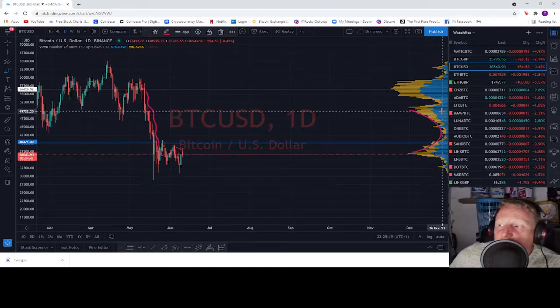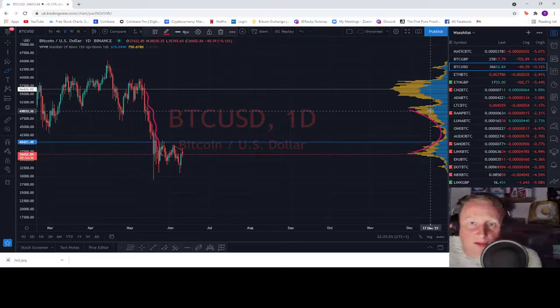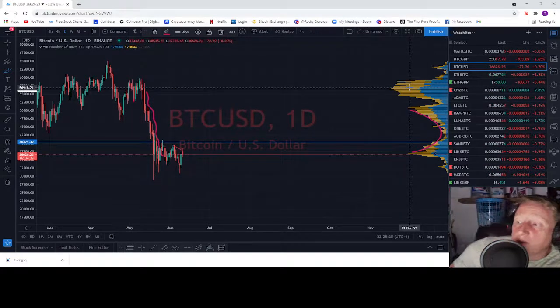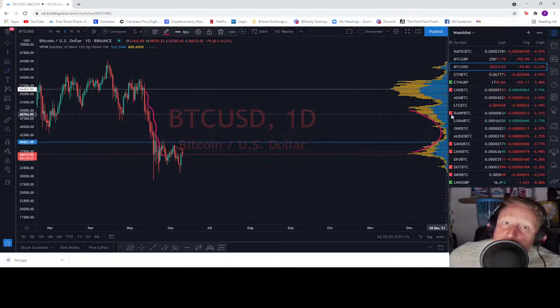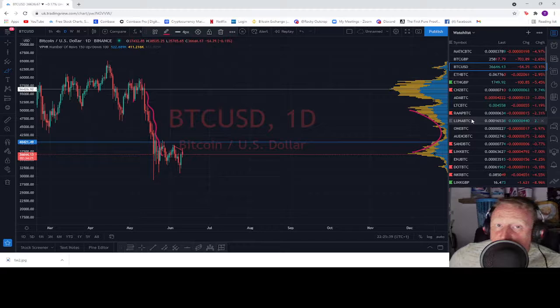Now the different colours, people going long and people going short, doesn't really matter in the grand scheme of things, because we're not interested in too much whether people are going short or long. What we're interested in is how many people were trading, because just because in the past they were going short and long doesn't mean that they're going short and long now. What's important to us is that people trade in those zones, and if people traded in those zones in the past, then they're going to be trading in those zones in the future, because it's just the way that human nature works, which is why the VPVR and the Fibonacci, which also works on human emotion and not technicals,